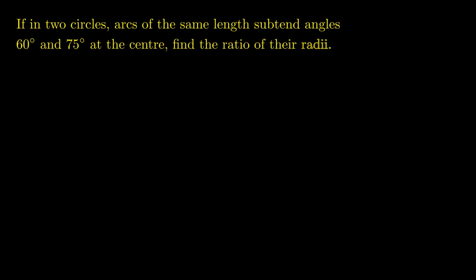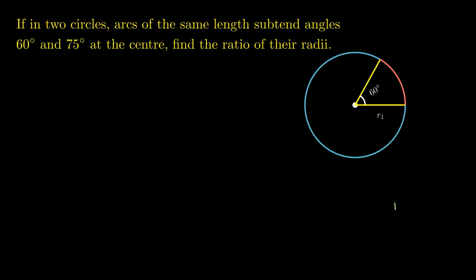If in two circles, arcs of the same length subtend angles 60 degree and 75 degree at the center, find the ratio of their radii. Let's make a small construction just to visualize the problem. So we have a circle with the radius r1. So this is angle 60 degree. So we have a circle with the radius r2, in which the arc is subtending 75 degrees. Given that